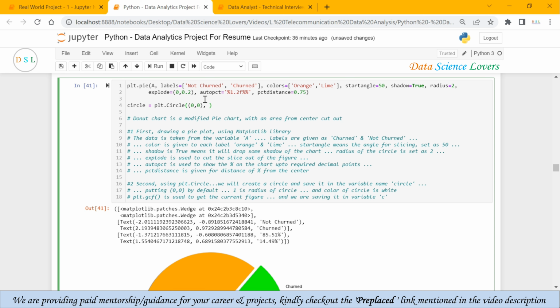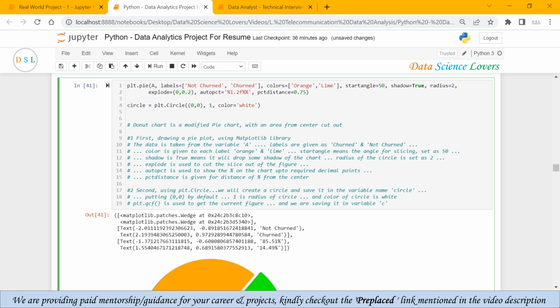Second parameter, I have to use the radius of the circle. I am using radius as 1. Next, we have to choose the color for our circle. So I can use color equal to white. So using the plt.Circle function, I have created a circle and saved this in a variable named circle.